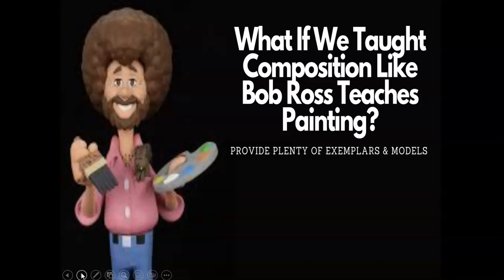But it goes above and beyond that. Bob Ross, as expert as he was as a painter, only ever used one template. He called it a heuristic, and it's called the wet on wet technique. Every single time that man ever painted, he employed the wet on wet technique. And for my students, I give them templates as well, or heuristics, however you want to call it. So my guys, when they do introductions, depending on the expository mode and the prompt, will either declare the thesis or invert the thesis. Today, since we're doing rhetorical analysis, we're going to declare the thesis, and I'll give you plenty of exemplars and models on that.